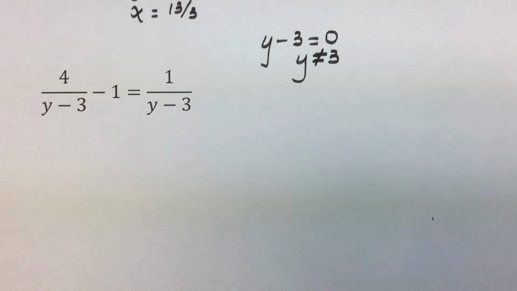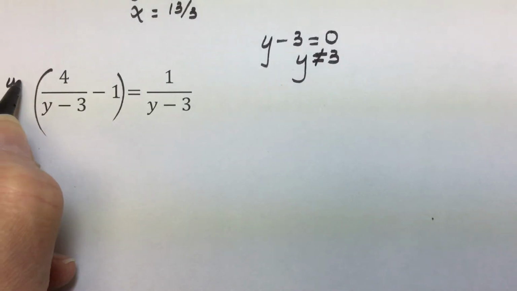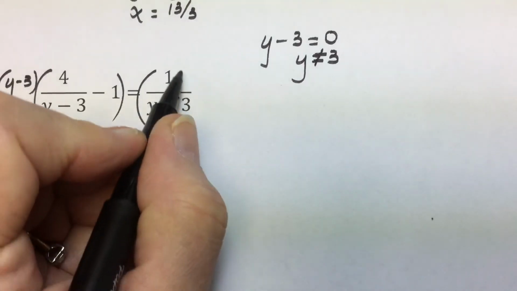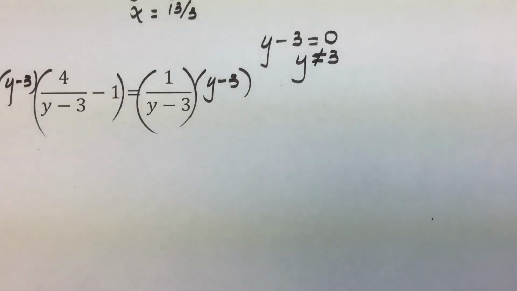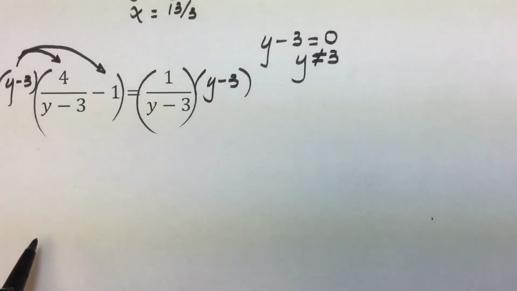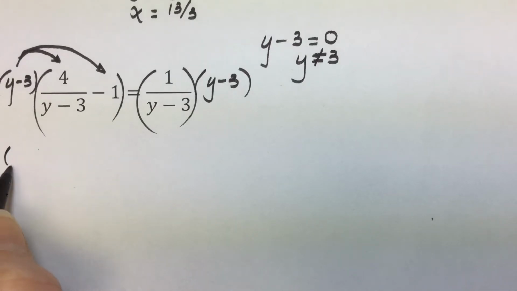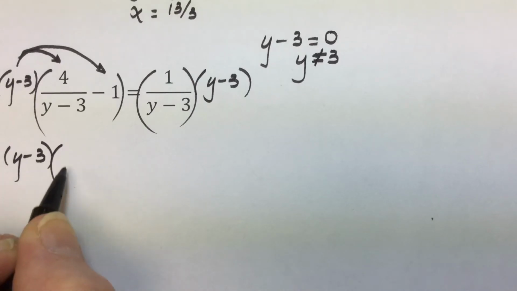Then we're on to the same step or procedure that we used with the previous problem. We're going to clear these fractions by multiplying by the least common multiple of the denominators. Since there's only one denominator, we will multiply both sides by y minus 3. Multiplying both sides maintains equality. On the left, we do have a distributive property to clear those parentheses. So y minus 3 times the first